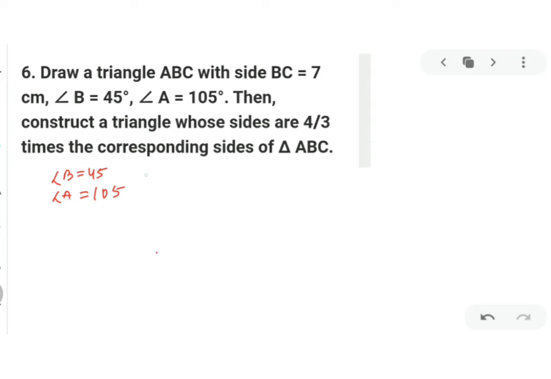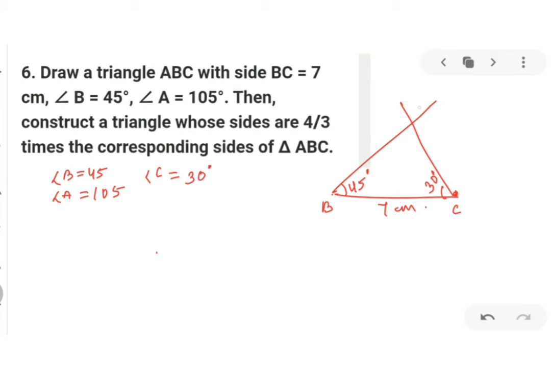Okay, by the angle sum property you can find angle C, that will be 30 degrees. Yes, now how will you make your required triangle? Take a base BC. So I have taken a base BC of 7 centimeter. Then angle B I have constructed 45. You know, if you bisect 90 you will get 45. Angle C, if you bisect 60 you will get 30. Once you got this, you can name the intersection point as A. Your required triangle is ABC.